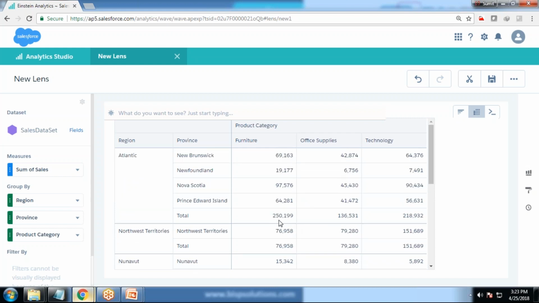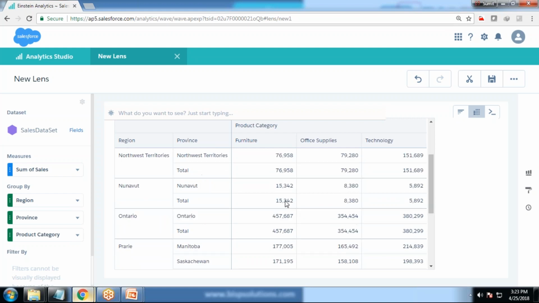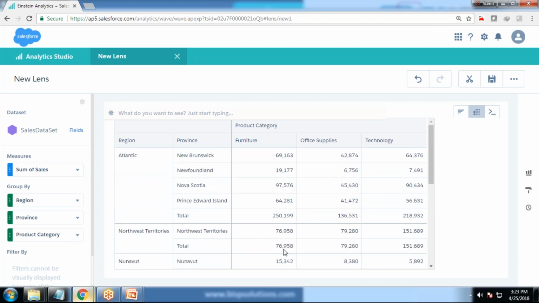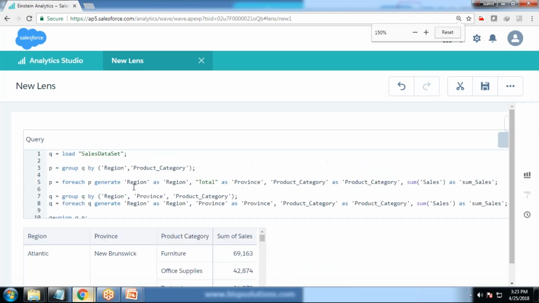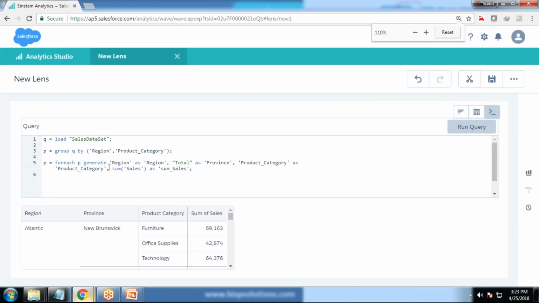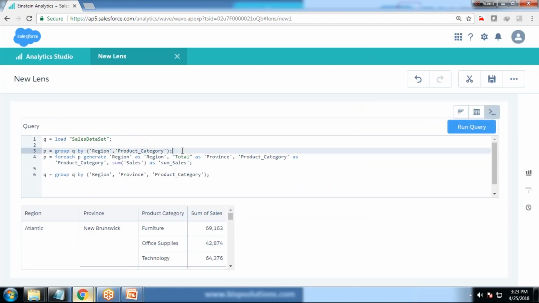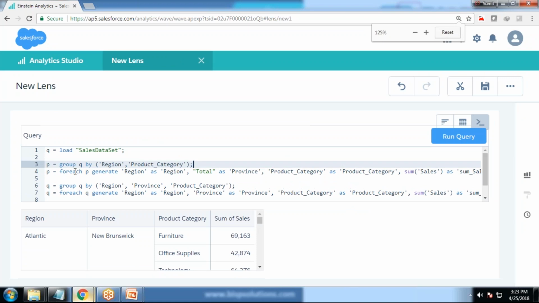Now the next requirement is I want to have a grand total which would be showing the total for individual provinces, this plus this, and that total would be considered as a grand total. In order to do that, I'll add one more node, basically one more statement, and I'll copy this statement